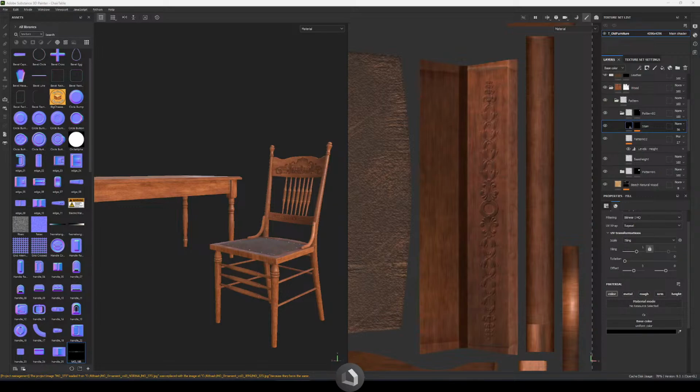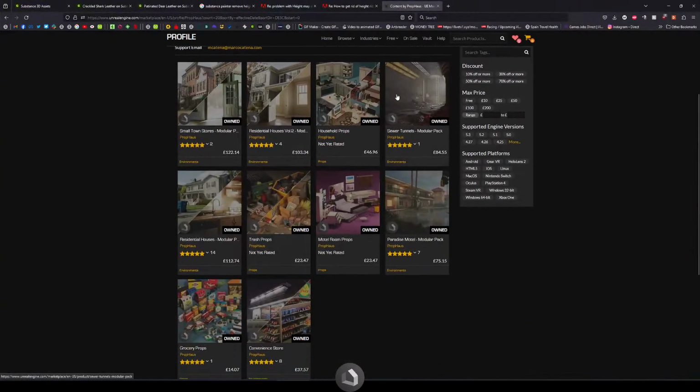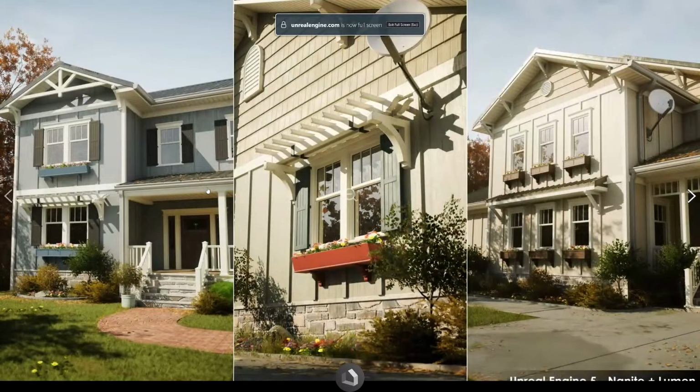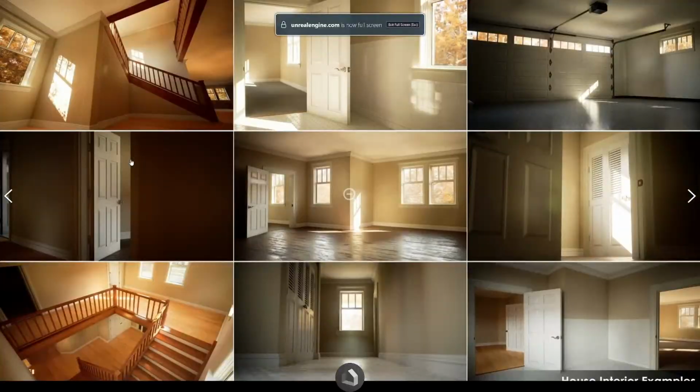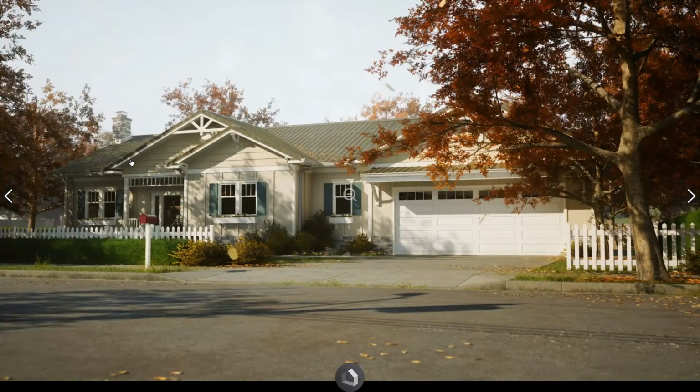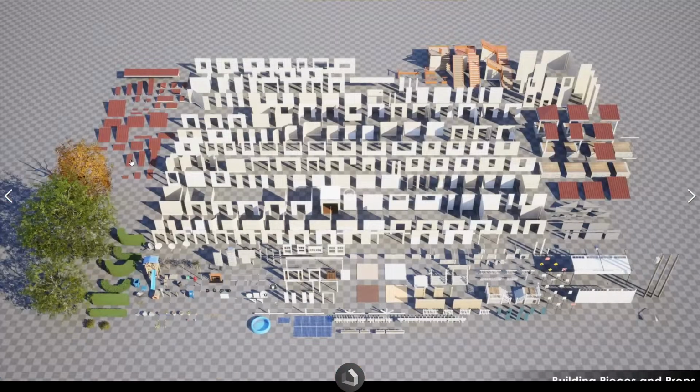Let me get Marketplace. So say like this pack, and dirty it up and smash some of the windows and stuff. I mean, anything's possible if you want to retexture stuff. It just really depends on